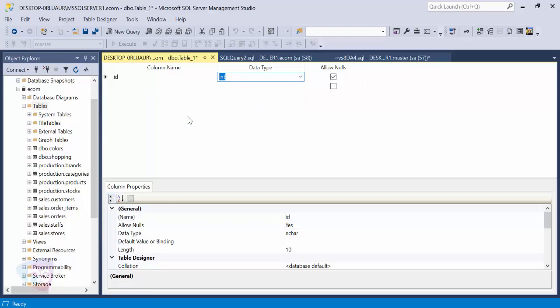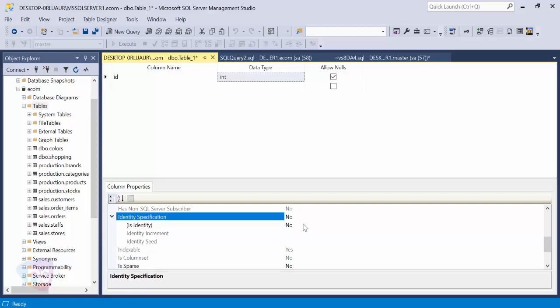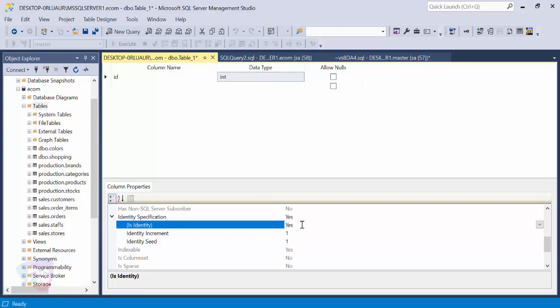Now, to make this column auto increment, what I'm doing here is expanding the identity specification. On this identity specification, you just double click on the place, and it will automatically change from No to Yes. The identity increment value will show 1, which means on every record the value is automatically incremented by 1.